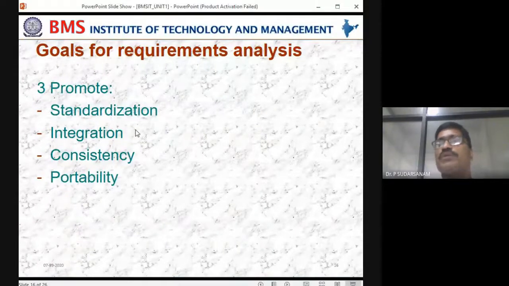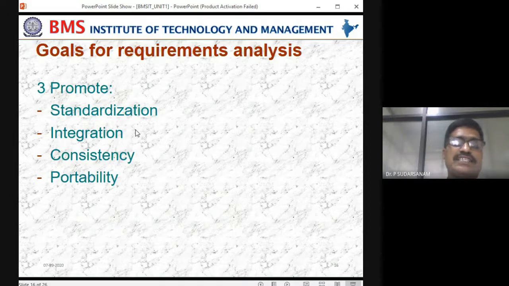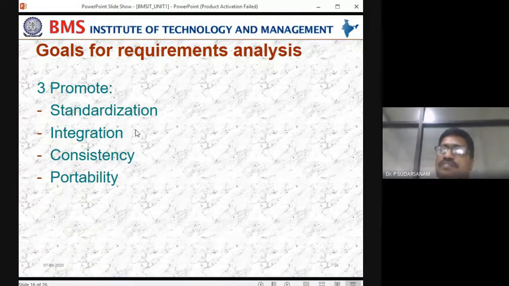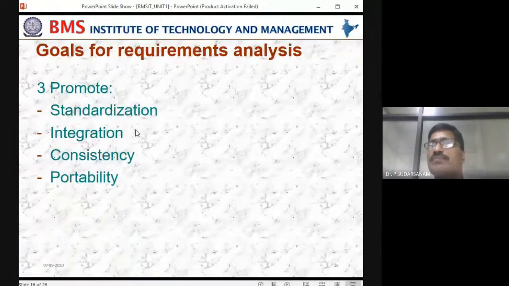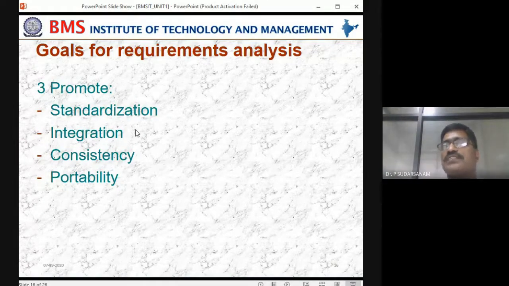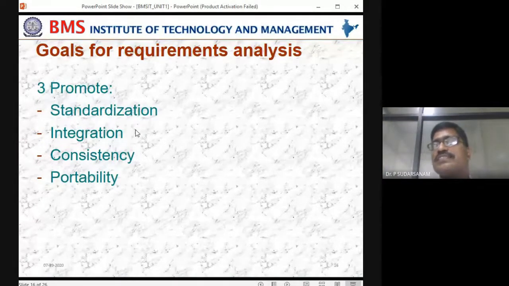The third one is that you need to promote, when you are doing any type of business, what is called standardization. You need to keep the standards you have. Next is integration, how you combine one with another, and consistency is also required, and portability. Consistency is required. In placements they will ask for consistency. You will see this in your semester. In some cases they ask for 60% from 10th, to check whether that person is able to do it and whether the consistency is there or not.